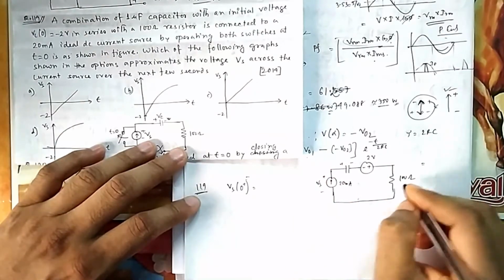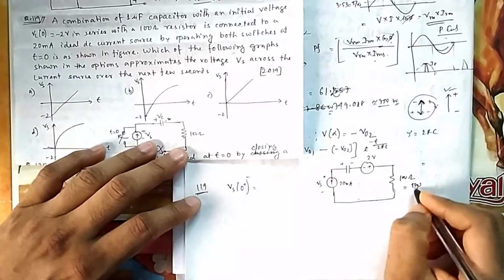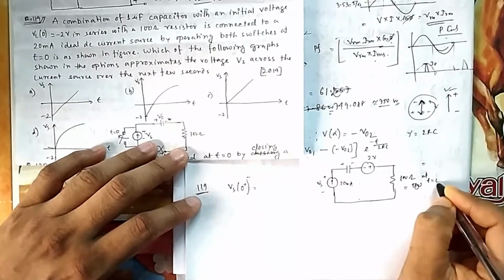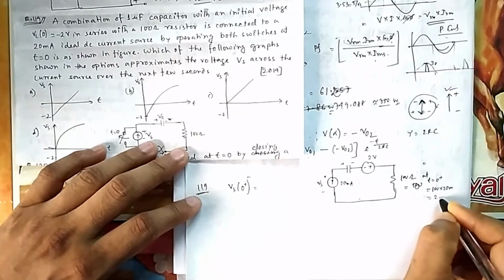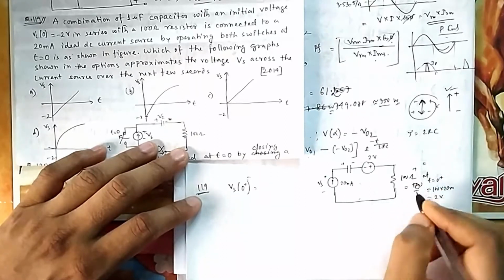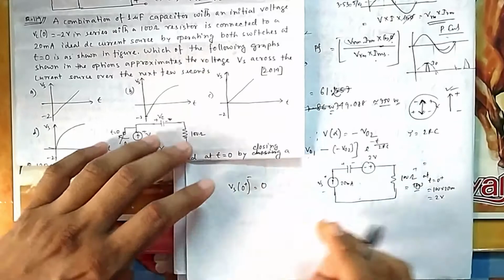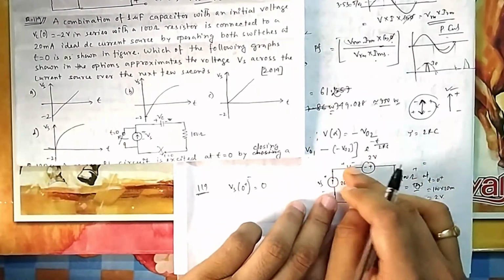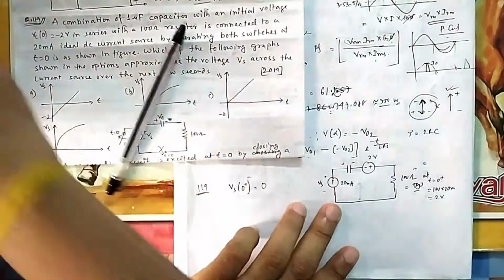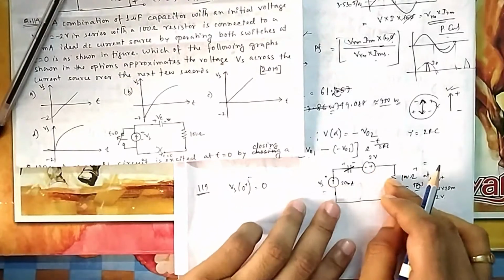What will be the voltage across here at t equal to 0 plus? This voltage will be 100 into 20 milli, that is 2 volt, with this sign plus minus. So minus plus, plus minus, this will get cancelled, so the voltage will be 0 here. This is an ideal capacitor. Initial part I have separated, so ideally it will be a short at t equal to 0 plus, simply a short circuit path. So this voltage plus this voltage will come across it, which is 0, minus 2 plus 2.